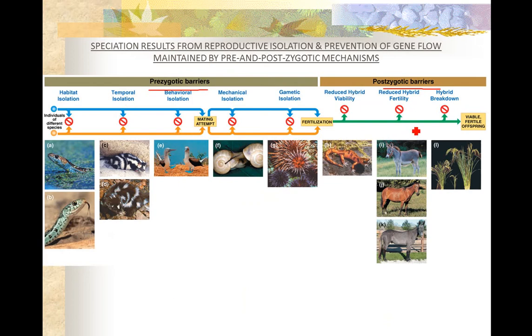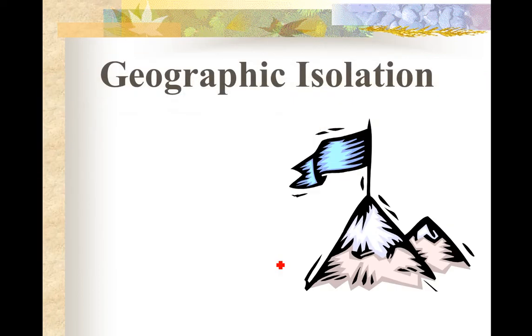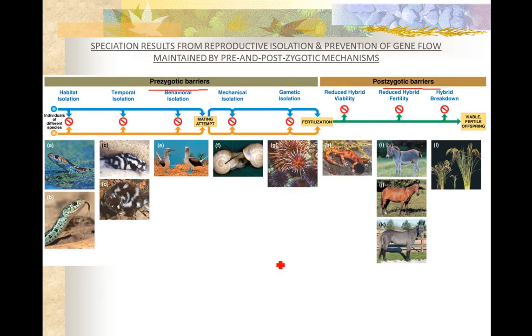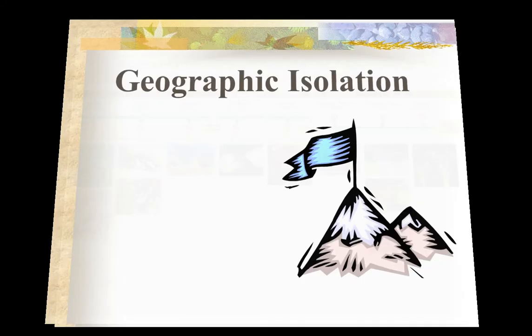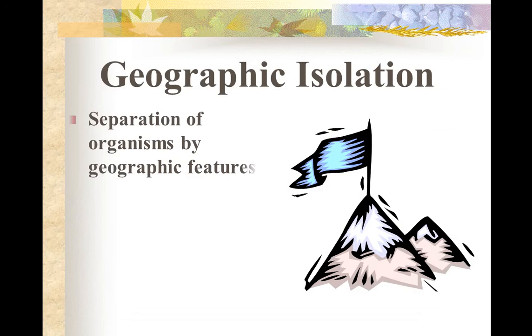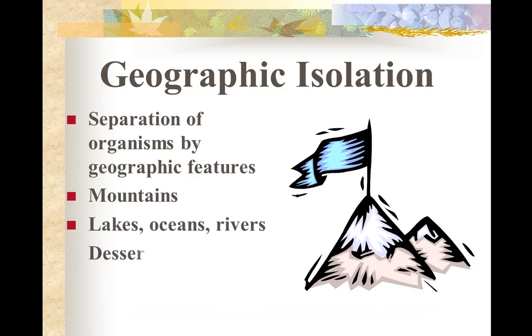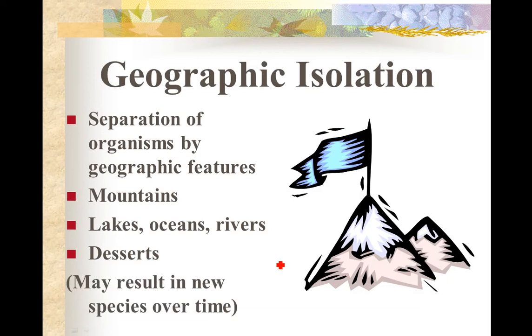So I earlier talked about the male being born sterile. A horse and a donkey make a mule. The male is born sterile. So if you see here, geographic, some type of isolation has to happen and separate a group. So I'm just going to do these video slides quickly. So geographic isolation, and that can lead to a new species.